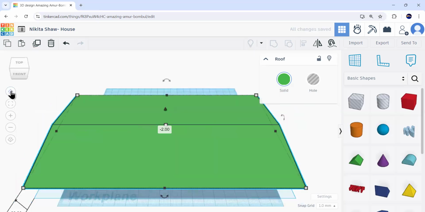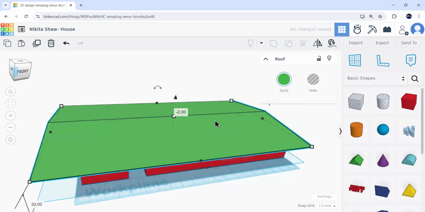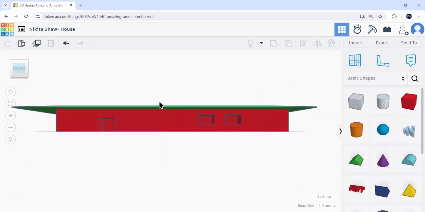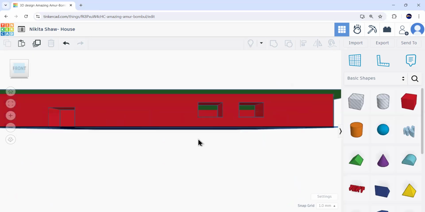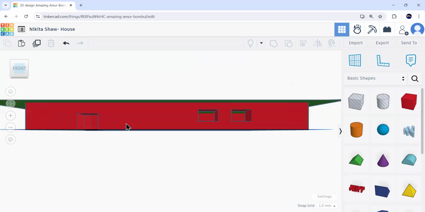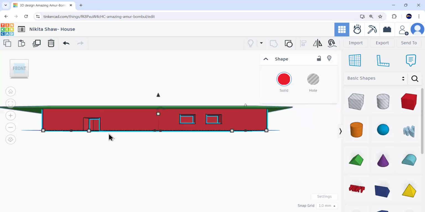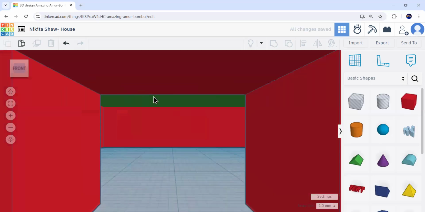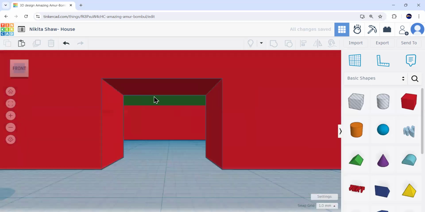So again, I'll click on the home view, go to the front position, and this is what we can see from this side, right? So this is somewhat complete. And if I zoom in, we can see there is a window, there is a roof and whatnot. And we can enter this tool, and this completes our house.